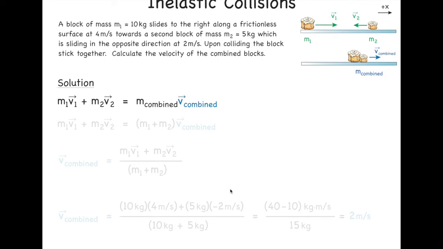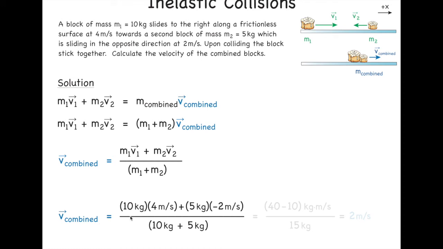Starting with the equation we just said, we are trying to solve for the velocity of the object in the final state. So I just highlighted that as the thing we're trying to solve for. We can replace m combined, the mass of the combined object, with just mass 1 plus mass 2. A little bit of algebra, bring the combined mass down to the bottom of the other side, and we arrive at this equation. The velocity of the combined object is mass 1 times velocity 1 plus mass 2 times velocity 2 over the sum of the masses. So now all we have to do is plug in numbers, and we get that the